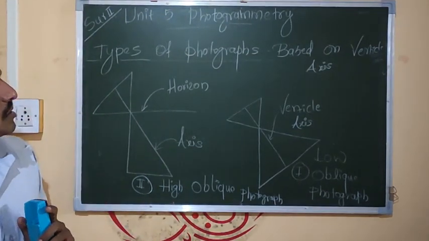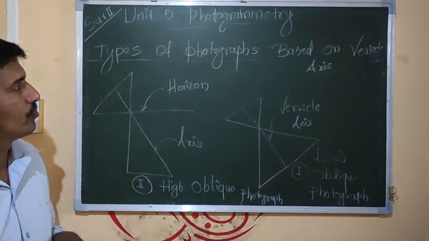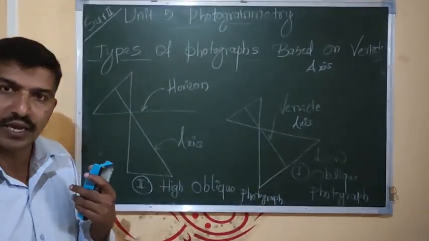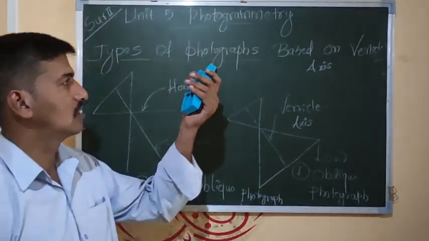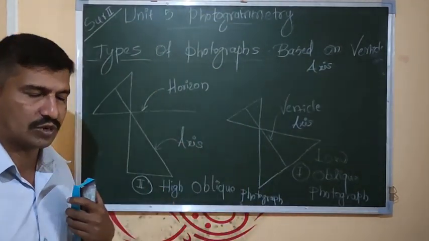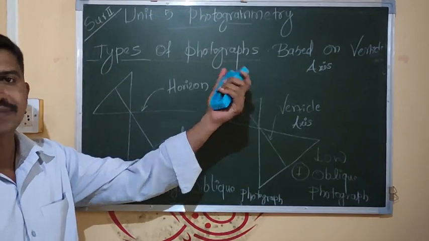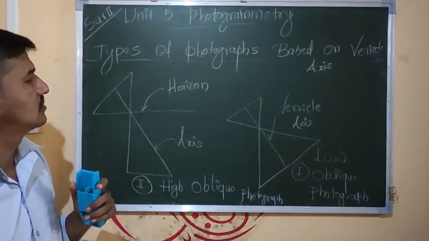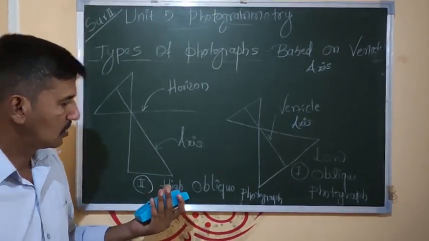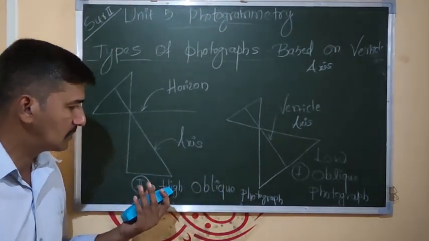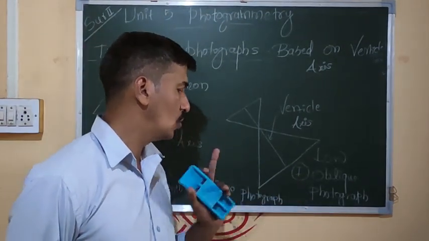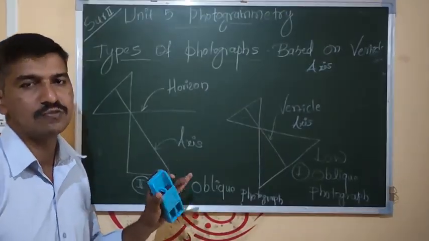Okay, so second year, we have learned today the introduction part for photogrammetry. We have seen the types of photogrammetry based on the area, based on the vehicle, which is the metric photogrammetry and interpretive photogrammetry. Then we have seen aerial photographs as well as terrestrial photographs. And third, we have seen that based on the vertical axis, one will be the vertical photograph and the second one will be the oblique photograph. If you look at the oblique photograph, again there are two cases. One is low and the second one is high oblique photograph.